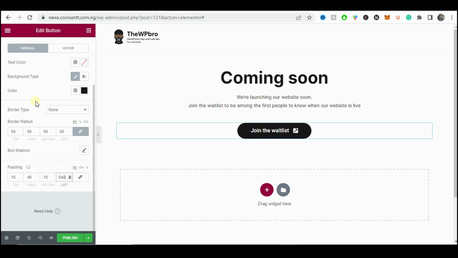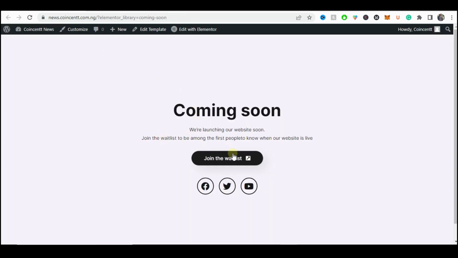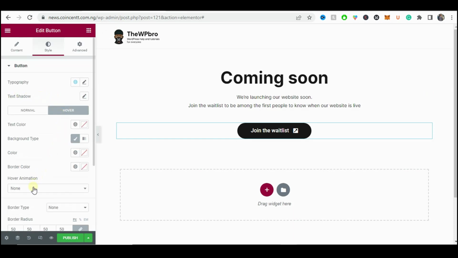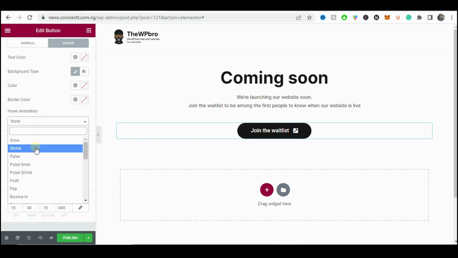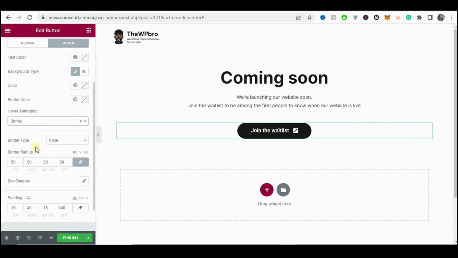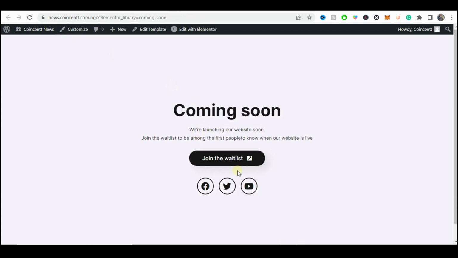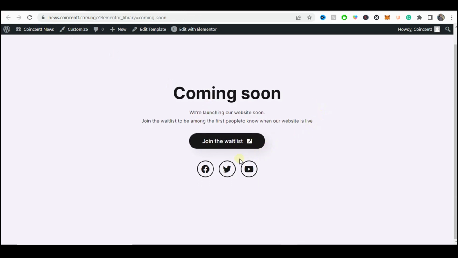All right, so if you check this link and hover on it, it shrinks. To do that, just come down to Hover Animation, select it, and choose Shrink. So when you hover on it, it will shrink. And one thing you can barely see here is a background shadow, a drop shadow that I added to this button. So we're going to add a really cool shadow there